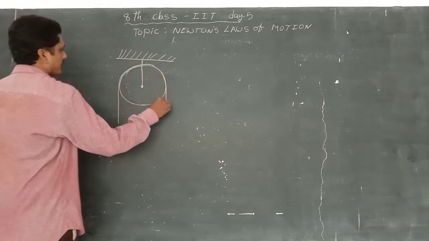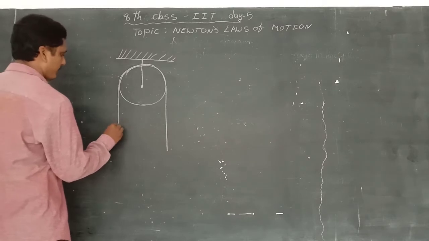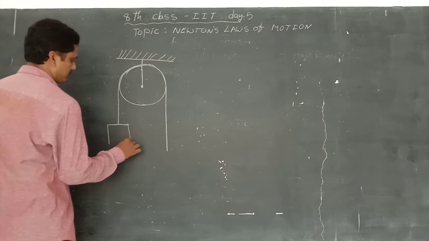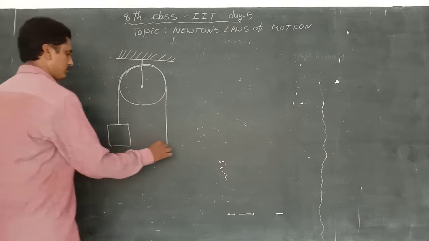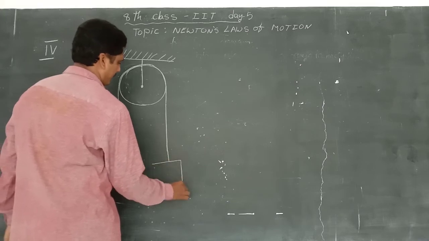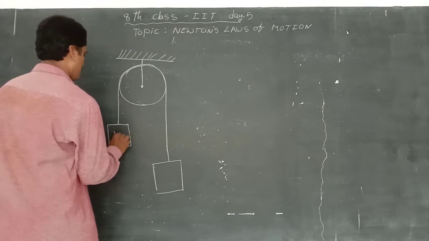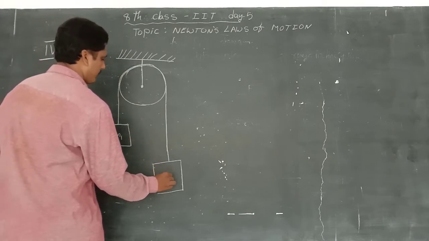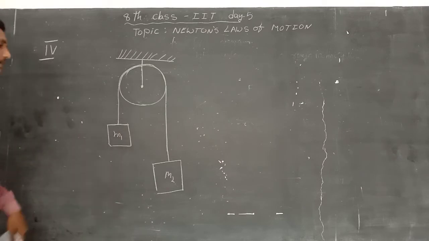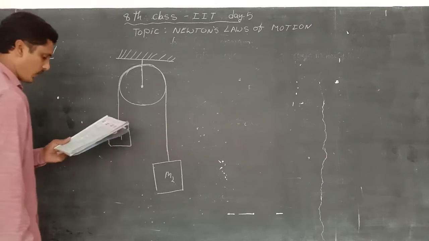Two bodies suspended, masses M1 and M2. This is M1, this is M2. Look here, M1 is less than M2. Here, M2 is greater than M1. So,